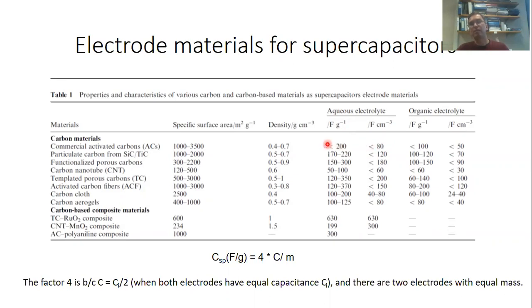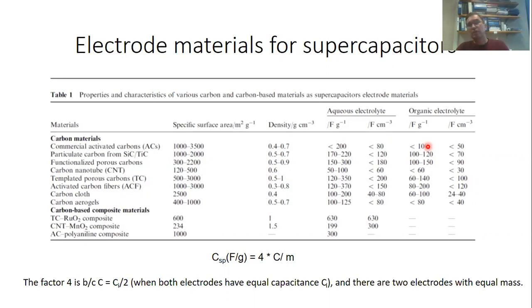What you also see is that the capacitances that you can achieve in aqueous electrolytes are generally higher than those in organic electrolytes, just because of the higher dielectric constant that you can achieve in aqueous electrolytes. However, not necessarily can you store more energy in an aqueous electrolyte. Actually, usually you can